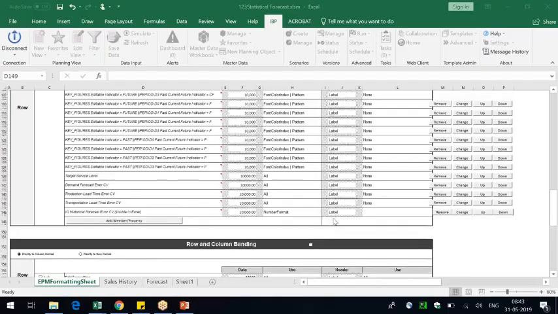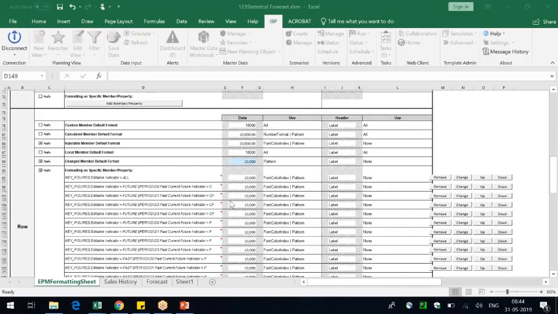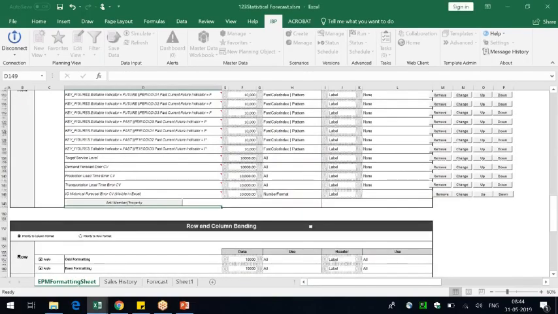Okay, and then it has two things. First is the data, how you want to display the data. Is it in decimals, or is it in bold? Do you need a comma in here? Is it a percentage, etc.? And then there is a header here. Header means how that key figure has to get displayed, the label of that key figure. That is how the consensus demand has to display. Okay, so two things here. But before that, I need to add that key figure. So I'm clicking on new member property.